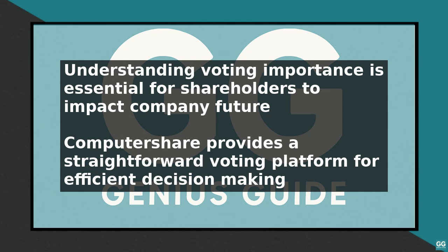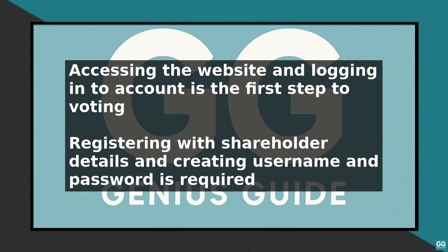efficient. To begin, you will need to access the Computershare website and log into your account. If you are a new user, you will need to register by providing your shareholder details and creating a username and password. Once logged in, navigate to the voting section, where you will find a list of available meetings and